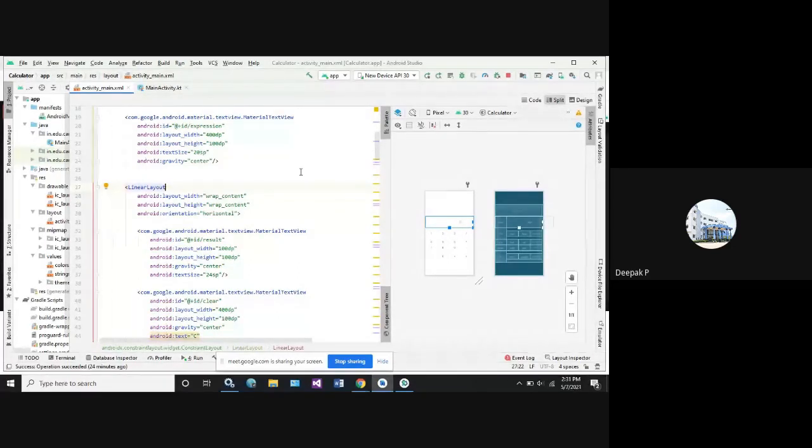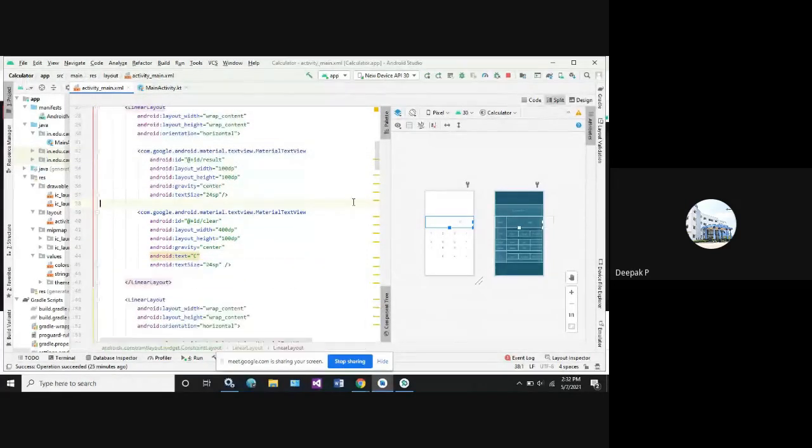Okay. Next, what's the next thing we need? Once the evaluation of an expression takes place, it has to load the result. So where does the result have to be located? For that, the text view content is plus id slash result. Make sure that whenever you're adding the details of the result or any values, you give equal pixel values for width and height. This is one of the important features you should remember. Next, the result has to be shown in the center orientation. What is the text size of the result? 24 SP.